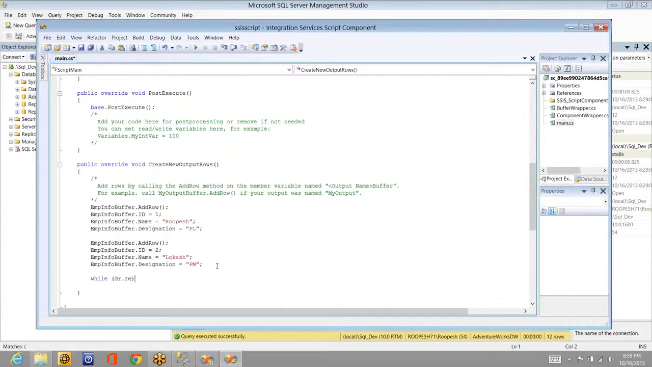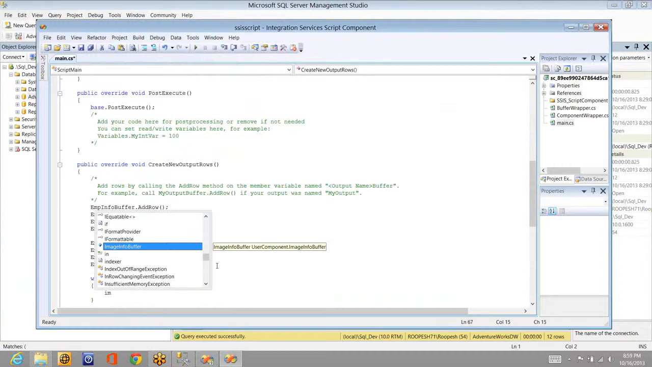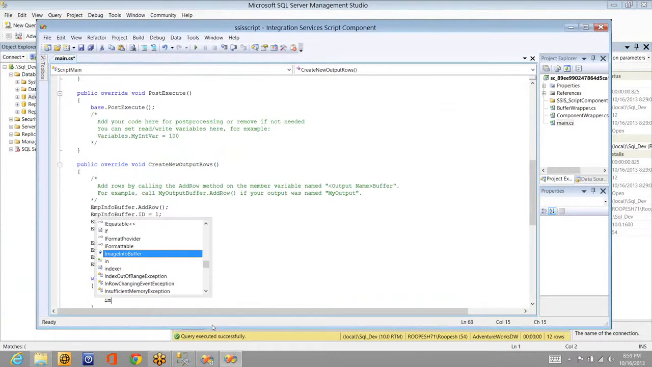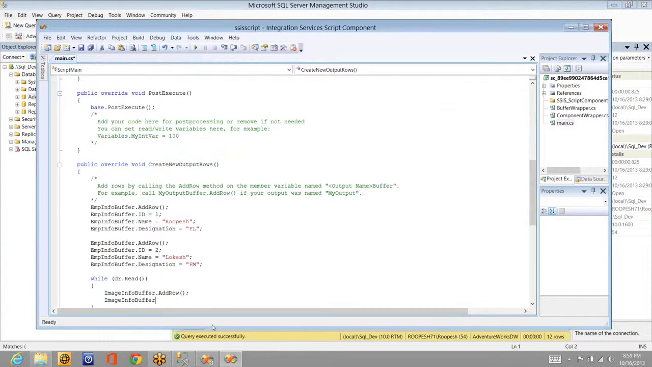As long as the number of records flowing from that do the same job, whatever I'm gonna explain here. So what is the output I have created for image stuff? I think image info buffer dot add new row. I'm adding a new row. Whatever I have done here, the same thing I'm gonna do, but for a new output, image info buffer dot id is equal to the data reader id, that is dr dot